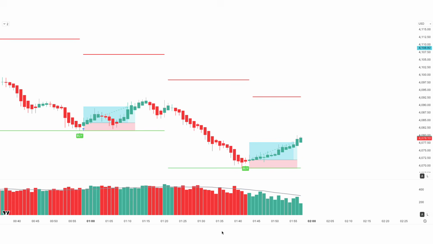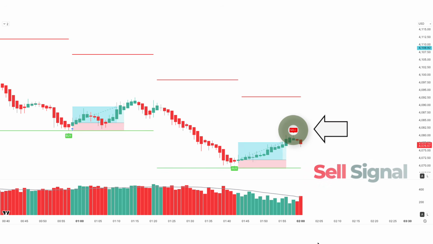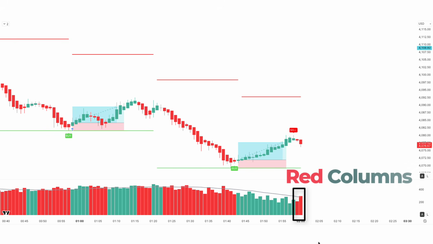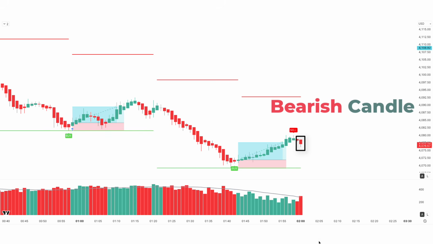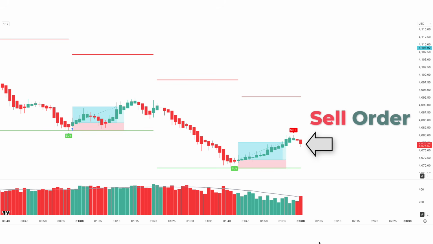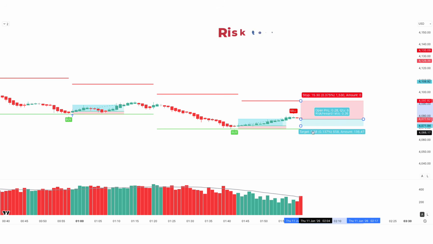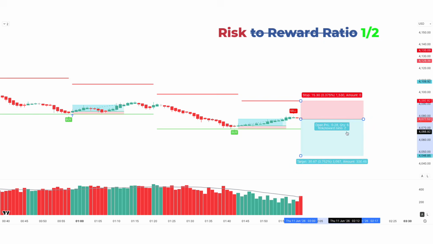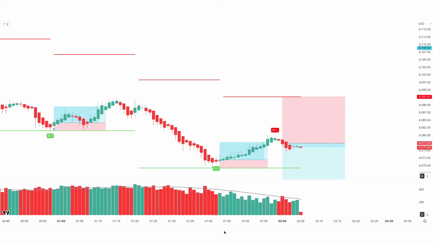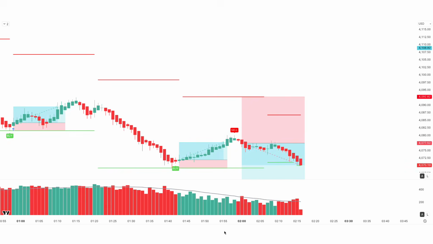Let's find the next trade. Here the Cap America SHIELD arrow down of this indicator is the sell signal. Here the Bank Nifty volume shows red columns. Here the market has made a bearish candle to give confirmation. So all our conditions are being fulfilled, so we are placing an order to sell. Our stop loss is to be placed at the red line, and the risk-to-reward ratio will be 1:2. Let's see what happens to our trade. Our trade is running in